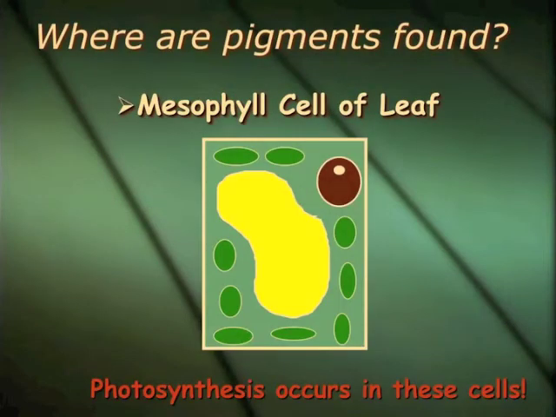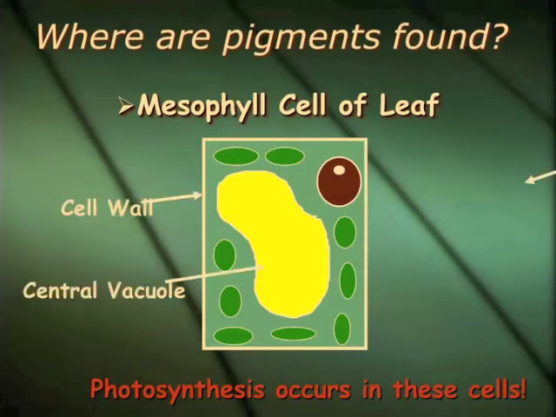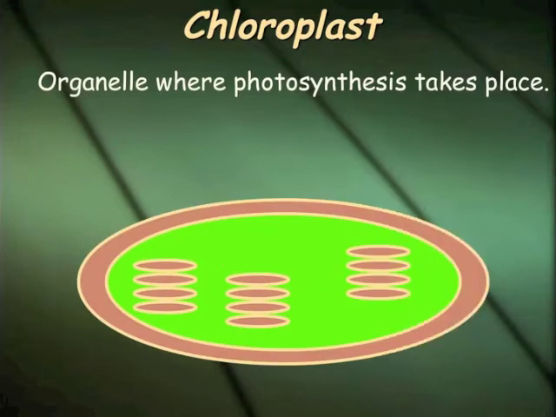We're going to go through a little of the anatomy of a plant, and the mesophyll cell of a leaf is where most pigments are found. Pigments can occur throughout the entire plant, but this is where most chloroplasts are found, and because this is where photosynthesis actually occurs. Now within this cell, you have chloroplasts, which are those green circles, and the chloroplast is not